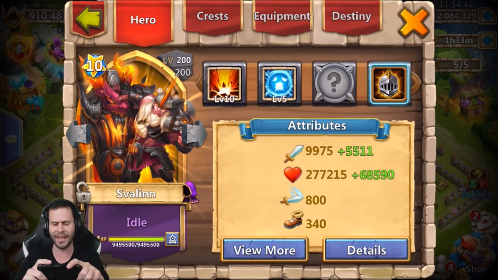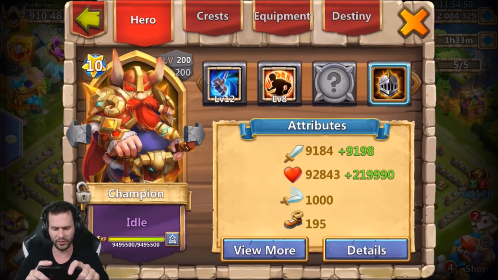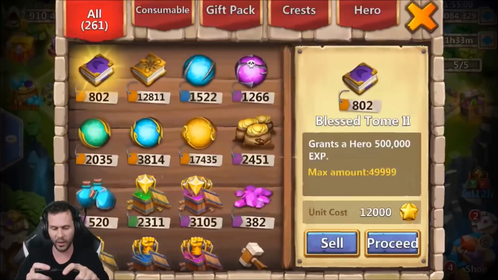All right, so we got 9,975 attack, which honestly is pretty solid. If we compare him to other guys, I guess it's just about average. Still a little bit more than Levanica, so better than the average, I would say. We also got 277,000 life, which is a pretty solid amount of life as well. Now, let's go ahead and put the new talent on him, and I'll explain why I put the